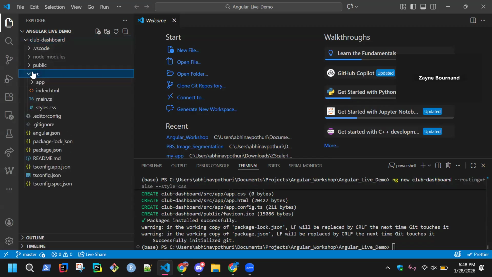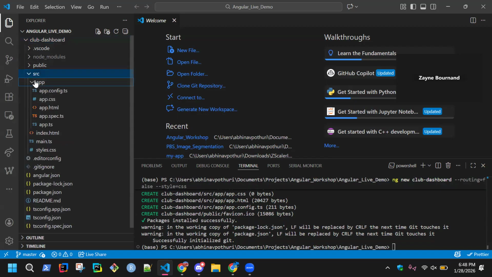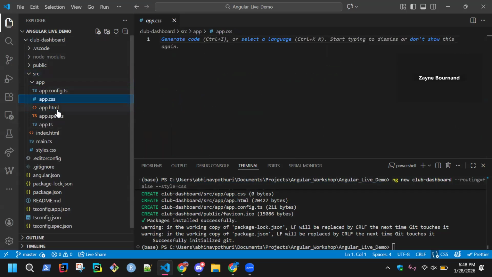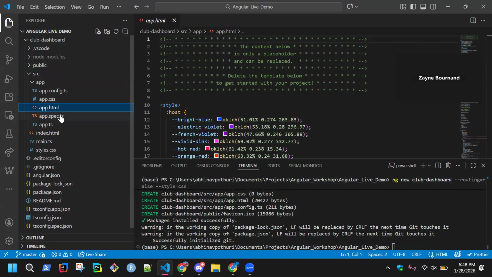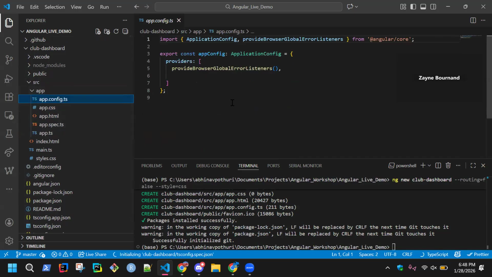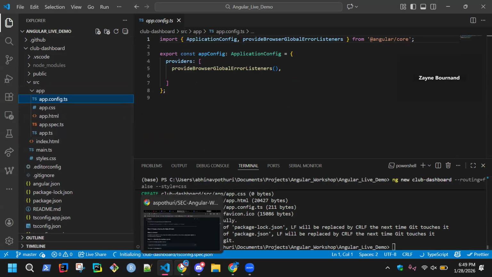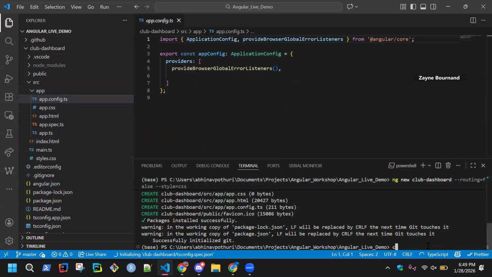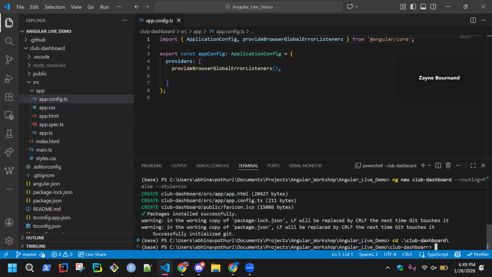You can see the source folders where we're going to do basically everything inside this app mainly. And inside this app, right now, all we have is app.css, app.html, and then app.ts. App.config right now, I don't think it's ever useful for us. But if I go ahead and run this, I'll cd into club dashboard. So now that I'm in this folder, I can run, I believe it's